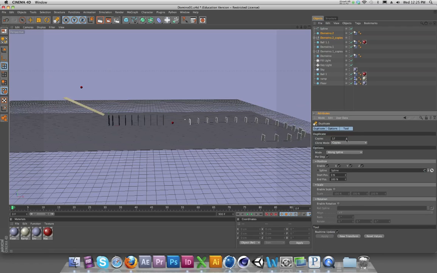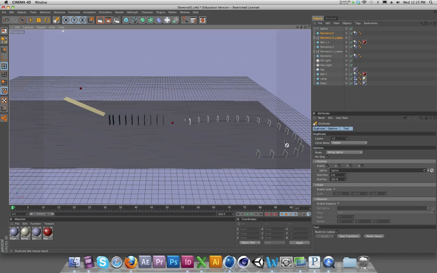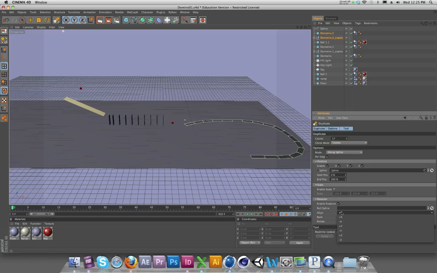While I'm here, I want to make sure that I have enough duplicates. I also got something kind of funny going on in that my dominoes aren't rotating in space. So I want to enable rotation, but I don't want to rotate along Y. Let's try X. There we go. So they're rotating per step along Y, and I think I can just let everything else default. So with any luck,